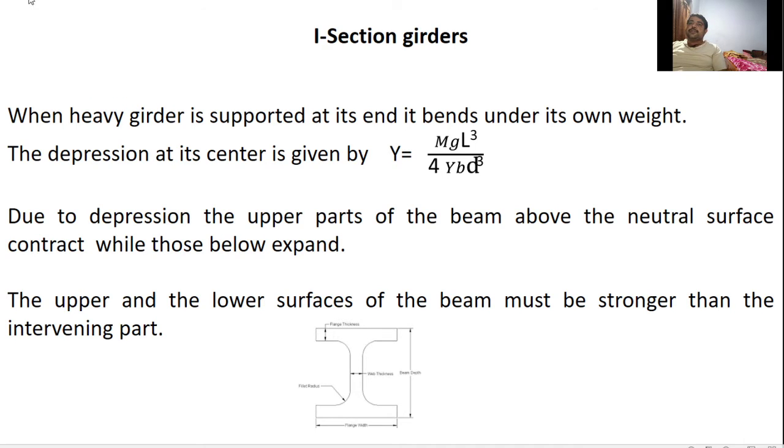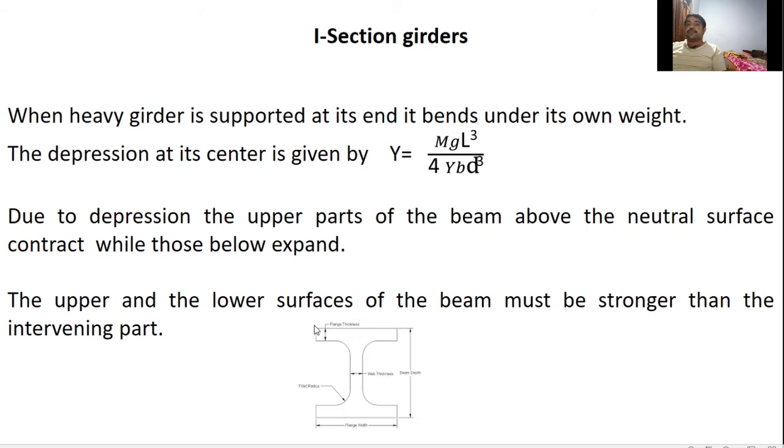Due to the depression, the upper part of the beam above the neutral surface contracts while those below expand. Hence, the stress is maximum on the lower or upper surface of the girders. Therefore, the upper and the lower surface of the beam must be stronger than its intervening part. The surfaces of the girders or iron rails are made much broader than the rest of it, which gives the